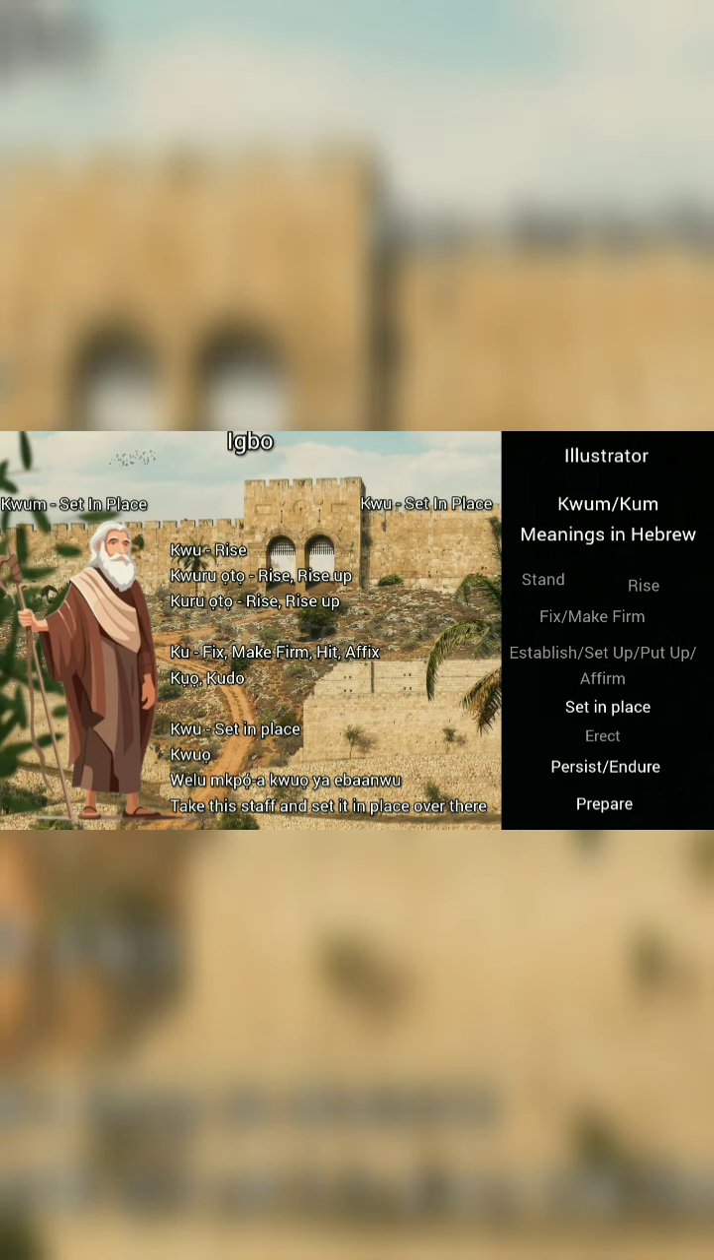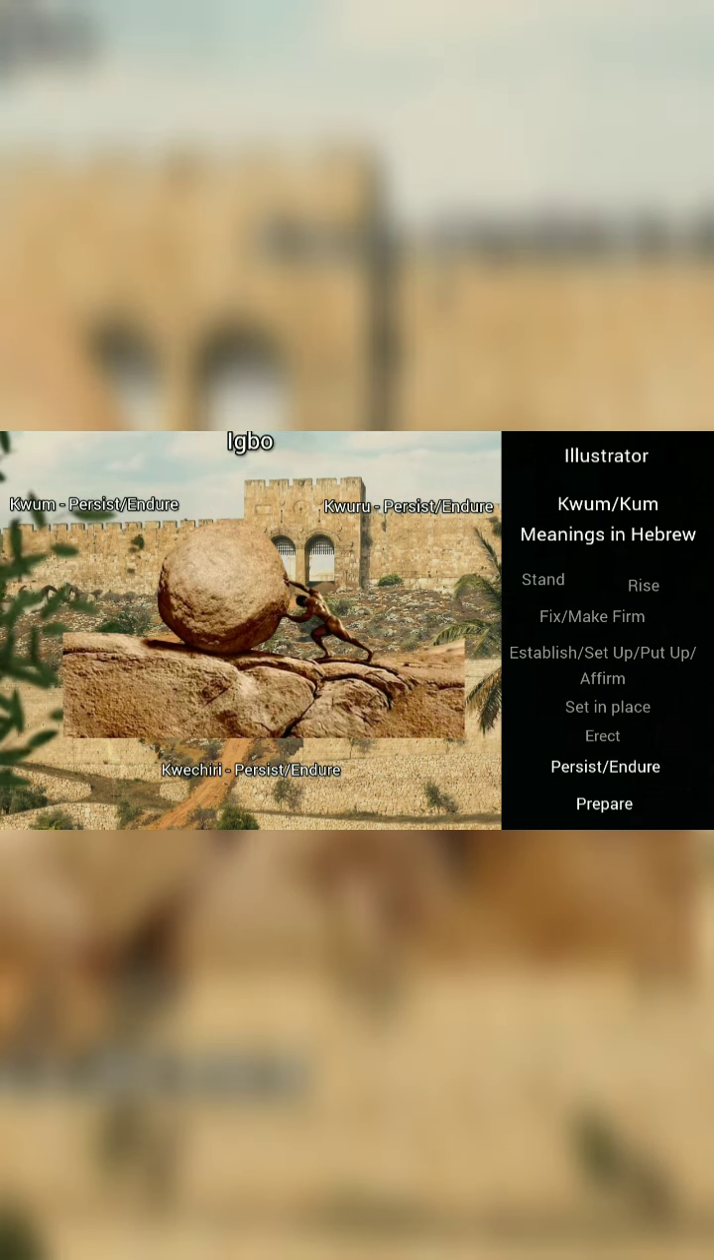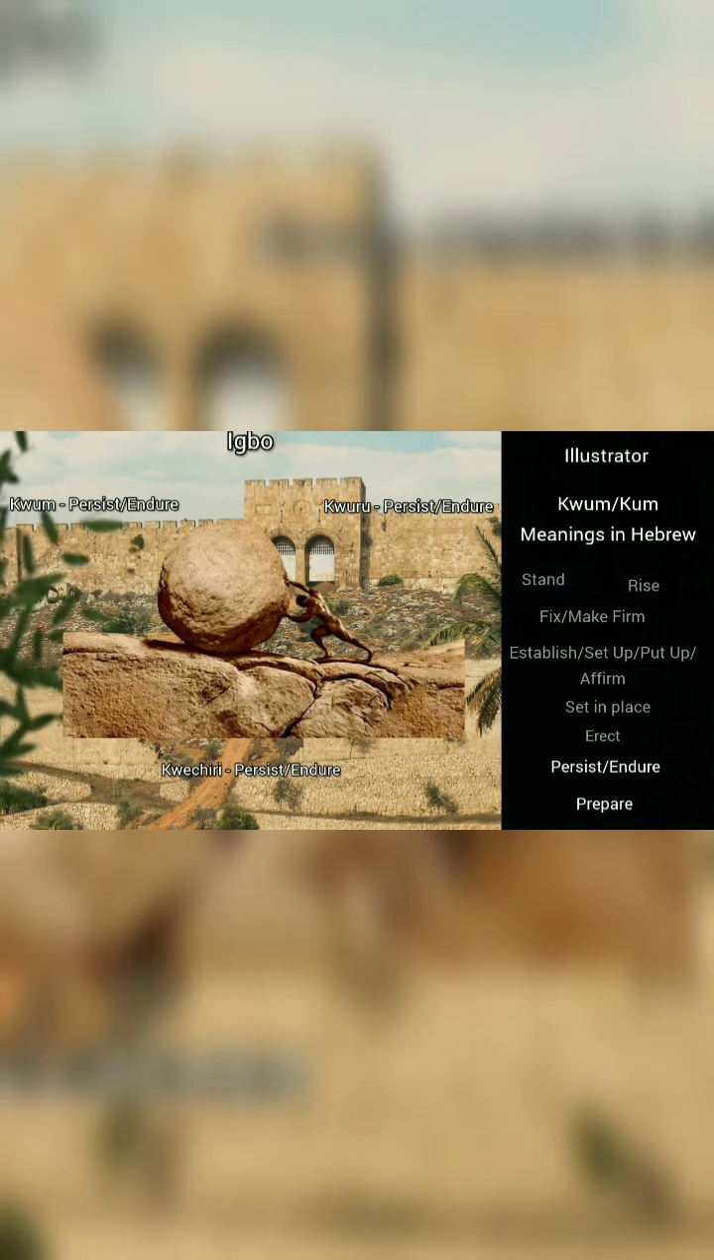Now there's another application of the word kum or kum in Hebrew, which is to persist or to endure. Now when you come into the Igbo language, to endure will usually be represented by the word kwechiri. Now this word looks longer, but at the root is essentially the same thing with every other thing we've been saying. Okay,